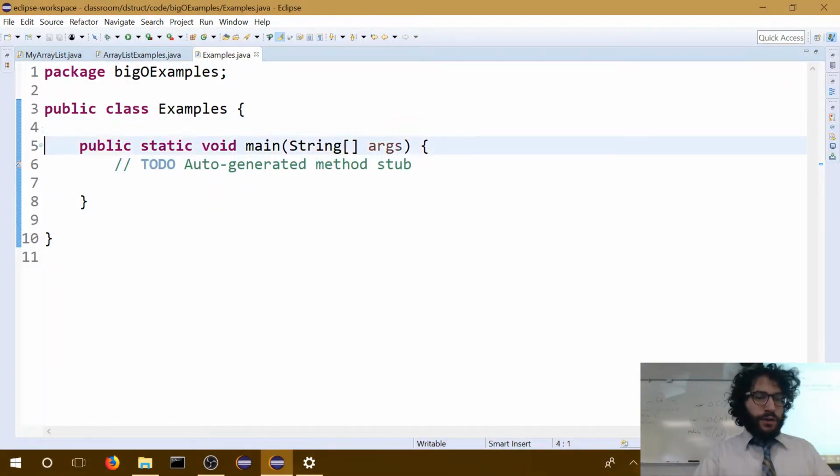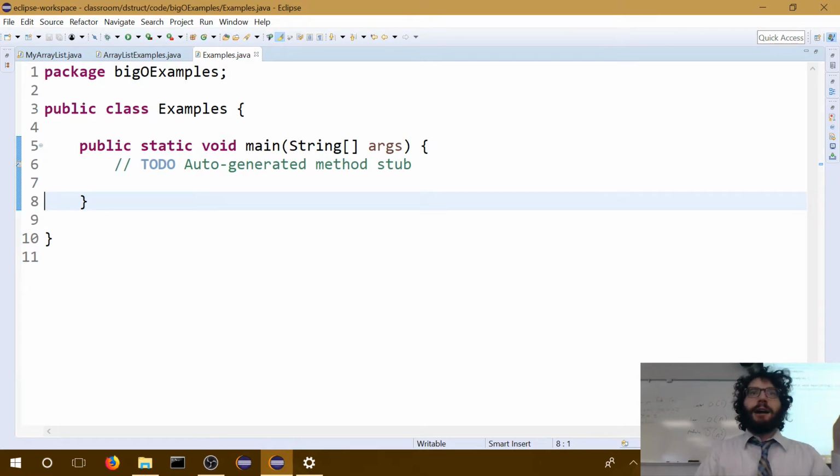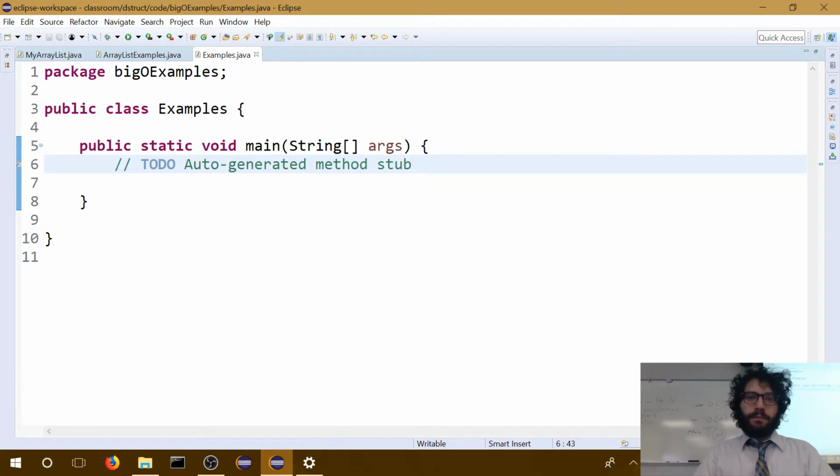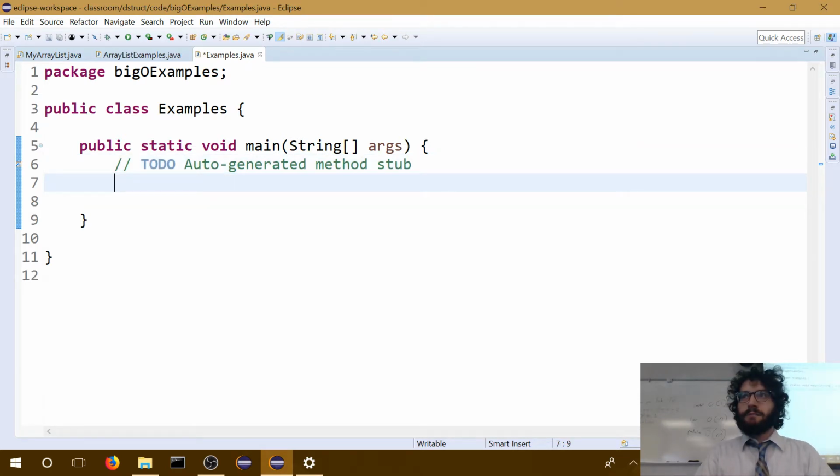So first off, if we're going to time something, we need to figure out how we actually time things, which also means we have to figure out how time can be measured, which is really, really, really hard because